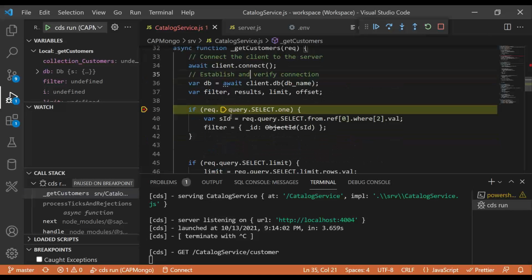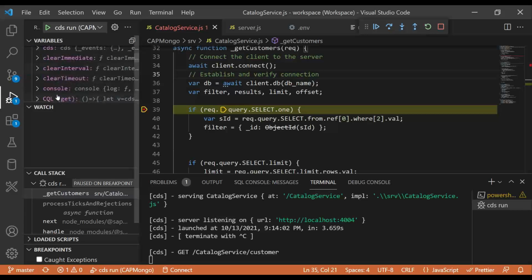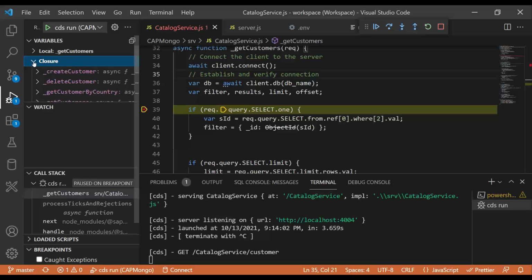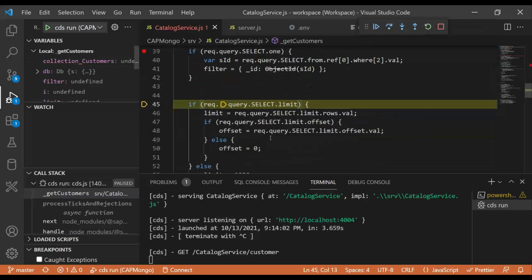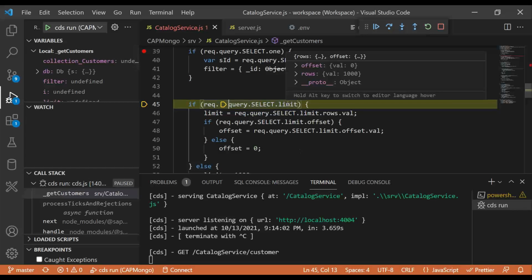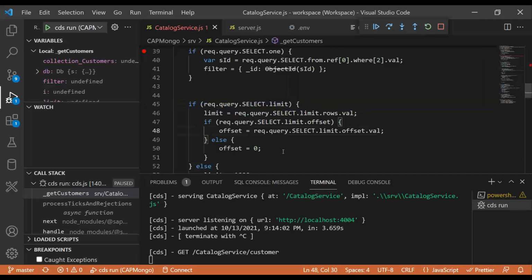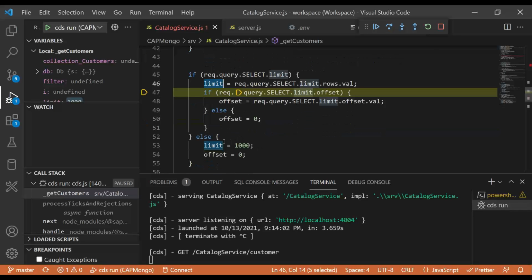I can analyze any variable. I can see all the global variables here on the top, the function calls, and the global variables which are available along with the closures. Now I can just debug like any other JavaScript debugging with F10. We haven't got any limit here, so you can see the value of limit is 0. F10, what's the limit value? Let me check. It's 1000, which I'm taking by default.